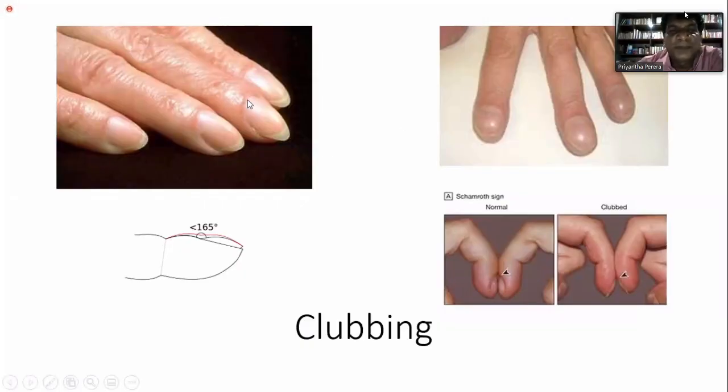And this is seen in a lot of conditions, right? Especially in conditions of the lung and heart. All cyanotic heart conditions have this, and all suppurative lung conditions. That means pus-forming lung conditions. Asthma doesn't cause clubbing, and pneumonia won't cause clubbing, right? Because those are not causing pus, right? So abscess formation in the lung, bronchiectasis of the lung, AV malformation in the lung, right?